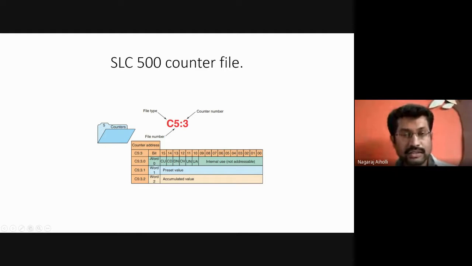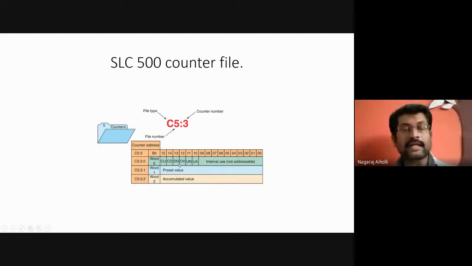It consists of three 16-bit words. As you can see, it is of 16 bits, 0, 1, 2, 3, 4, 5 up till 15. 0 to 15 means 16 bits. Each word is of 16 bits, and the first word consists of control bits. Then word 1 is for preset value, and the third word is for the accumulated value. The control bits consist of various bits: count up enable is CU, count down enable is CD.